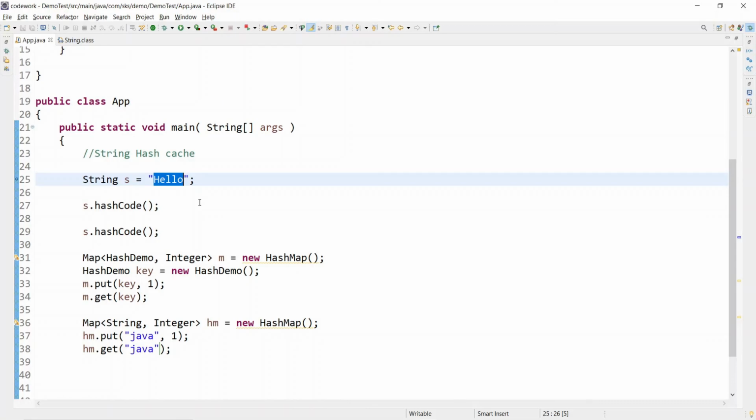In the case of HashMap, we generally cache the hash code of the string, so that whenever you use get 1000 times or 10,000 times, you don't need to calculate the hash code because the String object caches that.